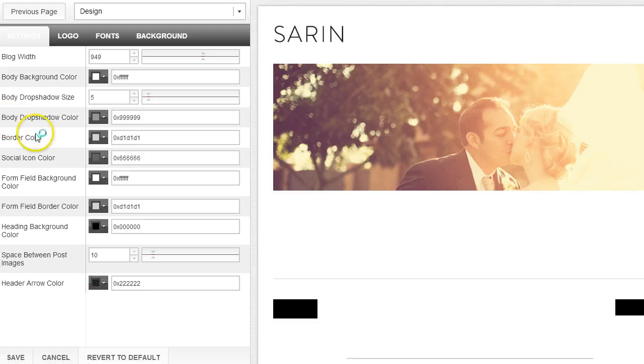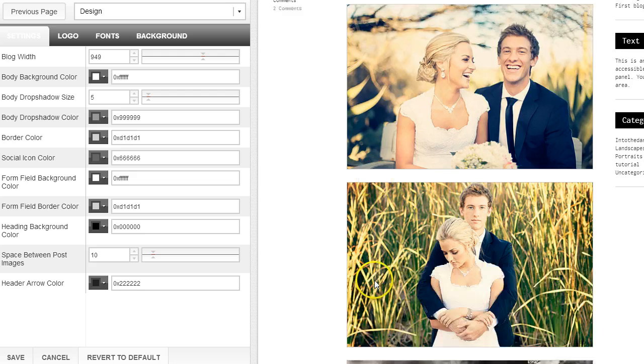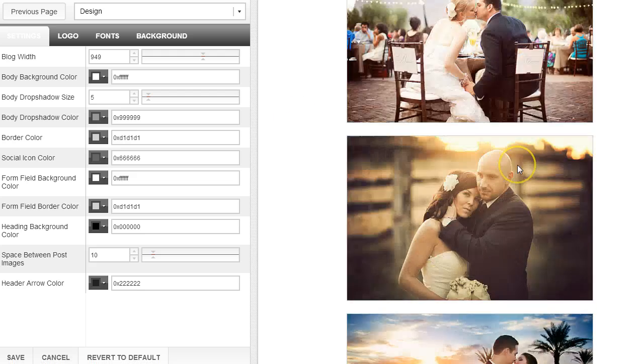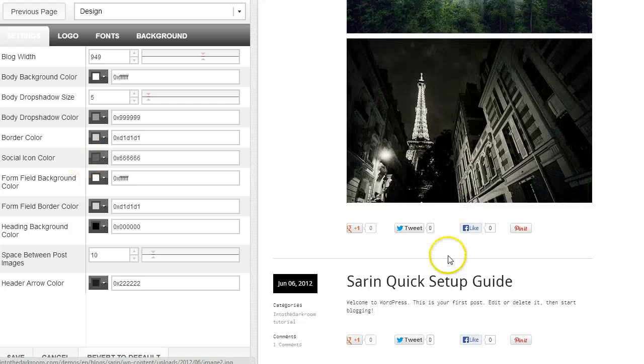And then you have the border color, and this border color is going to be any of these accent lines, anything that creates borders between different items, and so you can change that color. If you want it to be all white and you want to get rid of the border, then you just make this color the same as the body color, and it'll get rid of that line for you. You have the social icon color, and if we were to scroll down to the bottom and see some